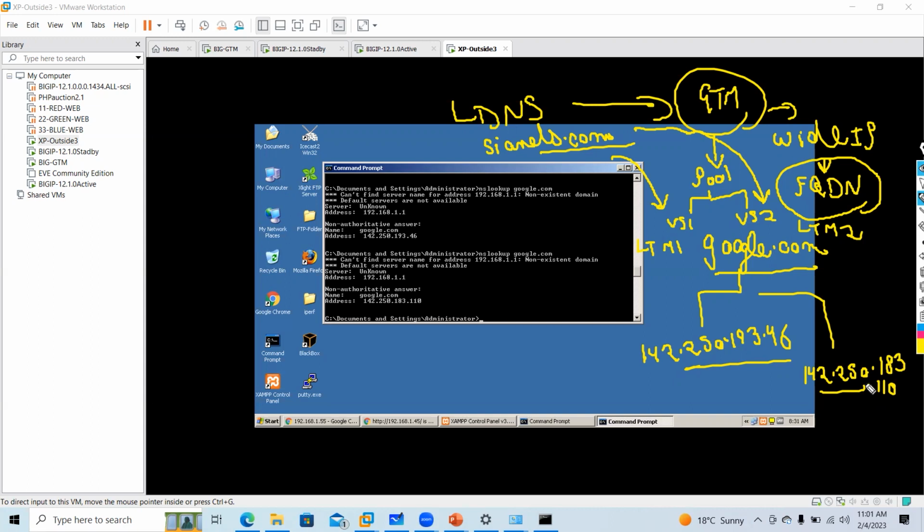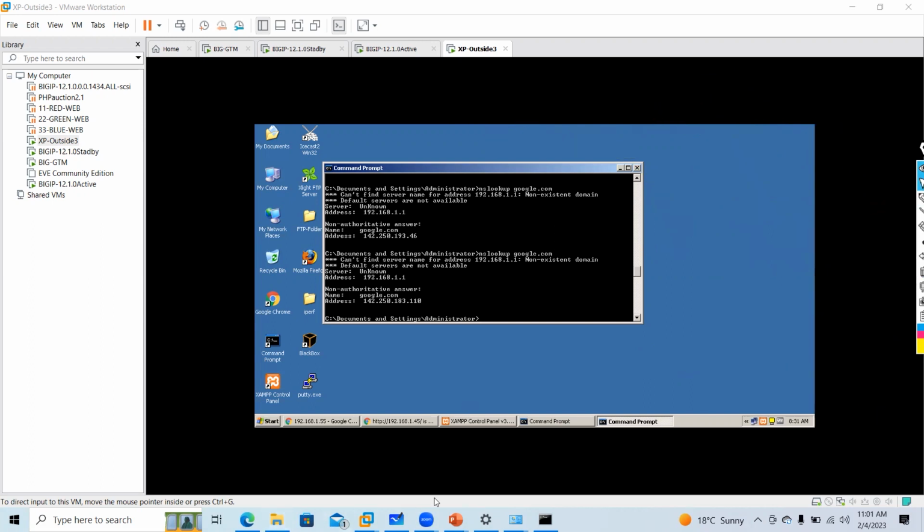Now let's come to the name resolution process. We have understood the name servers. Now we will understand what a root server is and what a top level domain is. Name resolution process.